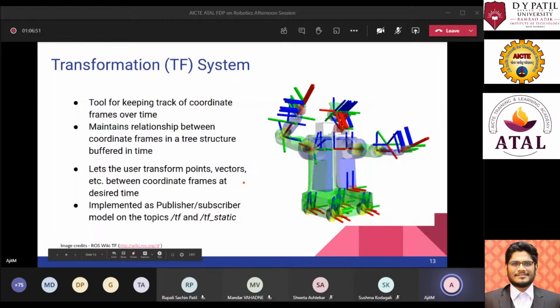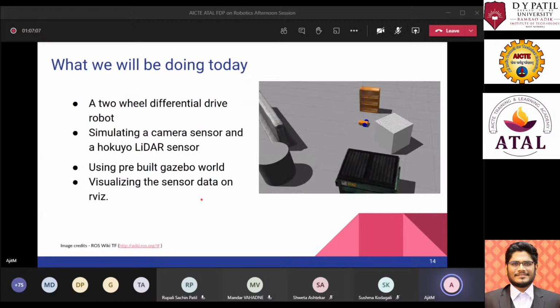This has been implemented as a publisher subscriber model in ROS. There is a TF and TF static which is available, which you are going to use in just a few minutes. So what we'll be doing today, I have given you a lot of information about ROS, about Gazebo,